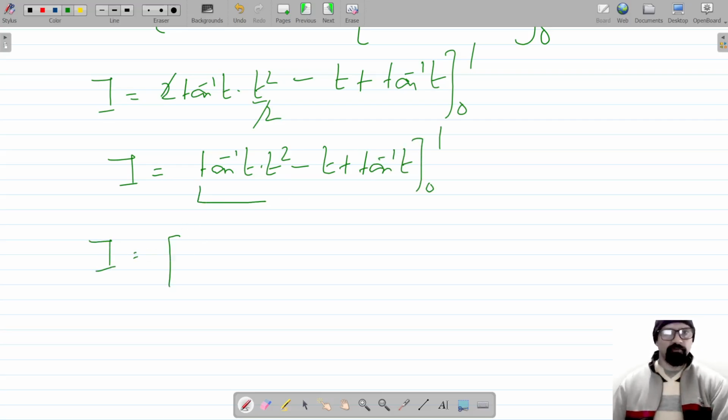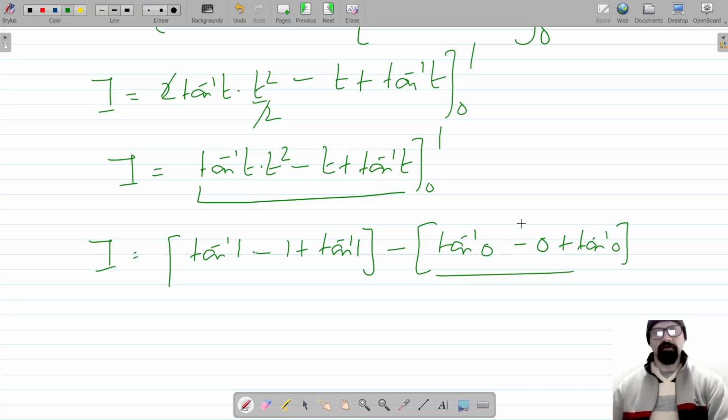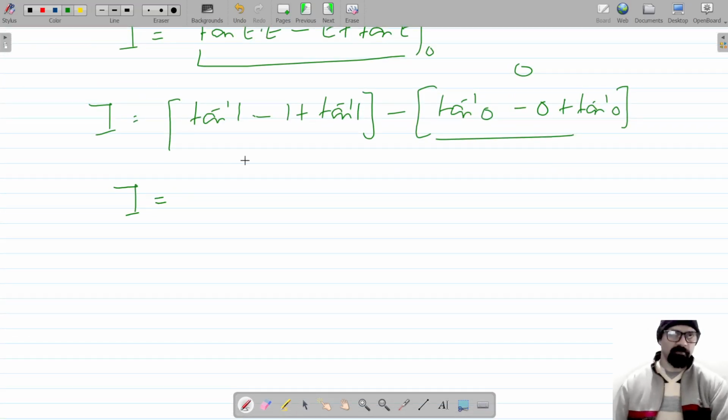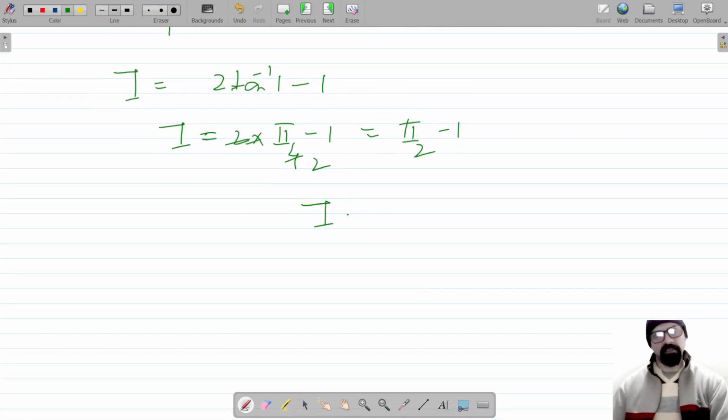अब पुट करेंगे अपर लिमिट इस पूरी एक्सप्रेशन में, और ये हो जाएगा tan इनवर्स 1 इंटू वन का स्क्वायर minus 1 प्लस tan इनवर्स 1, minus this is tan inverse 0 minus 0 plus tan inverse 0, and this whole term is 0. ये whole term 0 हो जाएगी। फाइनली हमारे पास है I is equal to ये हो जाएगा 2 tan inverse 1 minus 1. अब एंगल जिसके लिए tan की वैल्यू 1 होती है वो होता है 45, so this is pi by 4 into 2 minus 1 which becomes पाई बाय 2 माइनस 1, और हमारा डेफिनेट इंटीग्रल की वैल्यू है पाई बाय 2 माइनस 1।